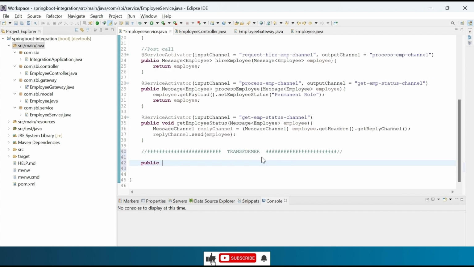Add and define a convertToUpperCase method with return type Message of String, and also pass a message parameter of type Message of String. Now, add the @Transformer annotation on top of the method and import it.